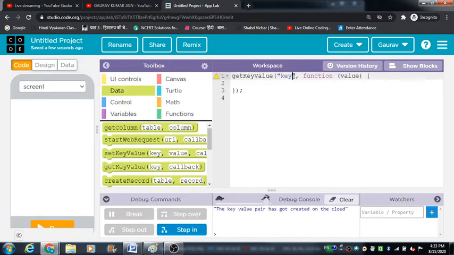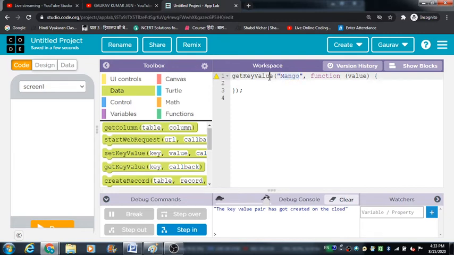So for that, we need to replace this key with the name of the key, the value of which we want to fetch. Now what is going to happen: when we execute the code, this get key value block is going to read this name first.